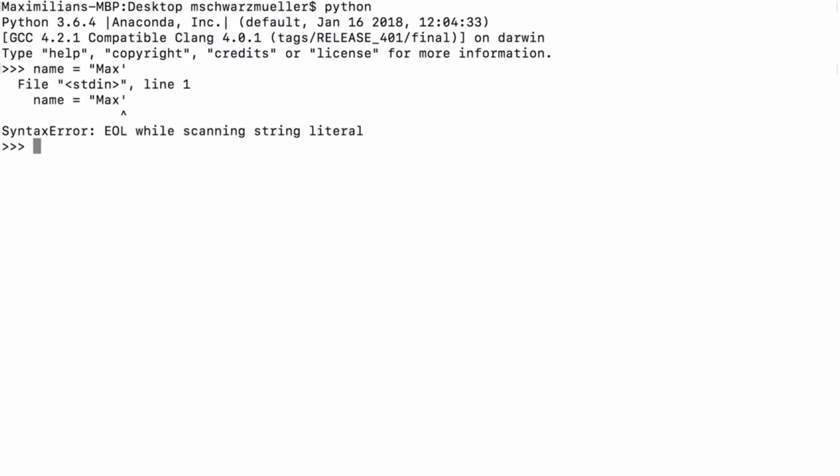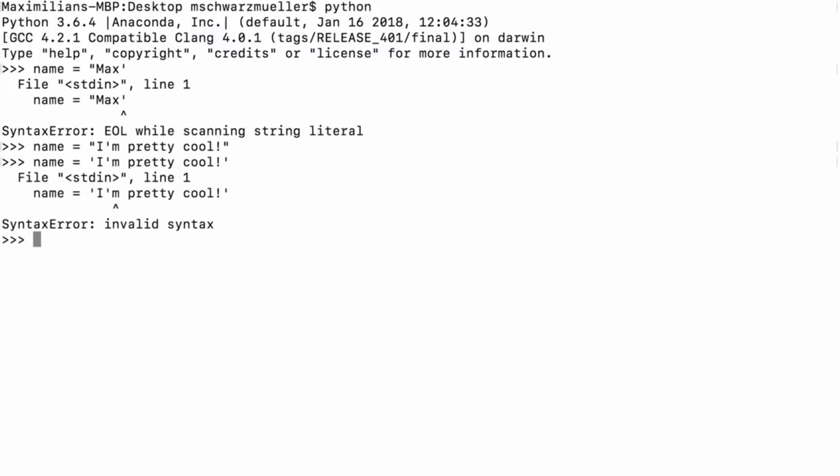The advantage of double quotation marks is that there you could also use the single quotation mark as part of the text, like in "I'm pretty cool". Whereas for single quotation marks, this will fail. There still is a way around this with single quotation marks too. You can escape that character, and I'll again dive into escaping later in this course, but you can add a backslash in front of the character you want to escape, and now it is accepted. And if you output the string, you see now you just got the single quotation mark and double quotation marks around it. But those are your options, double or single quotation marks.